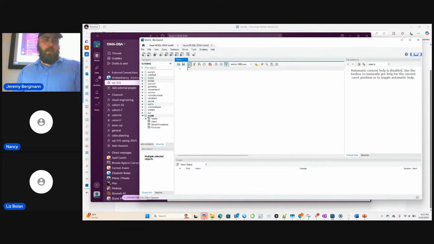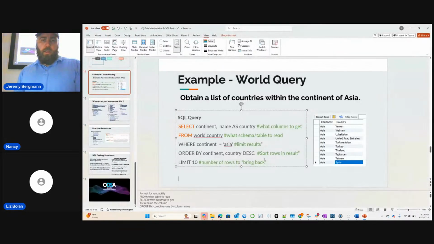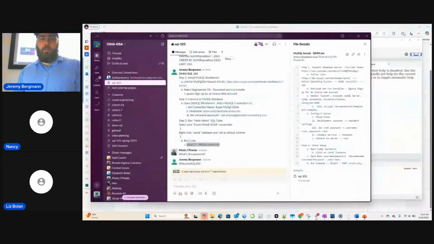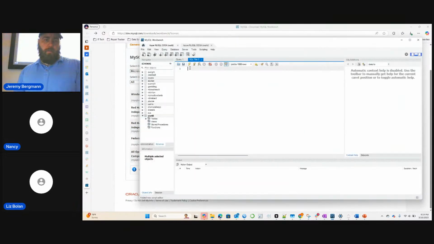And then you won't see anything here, but you can create a new query if you press that button. And then you can copy and paste this example query in here: select star from world.city, or you can get this one from the lecture and run that too. And then the lightning bolt runs the query. If that works, you're a SQL professional and on your way.